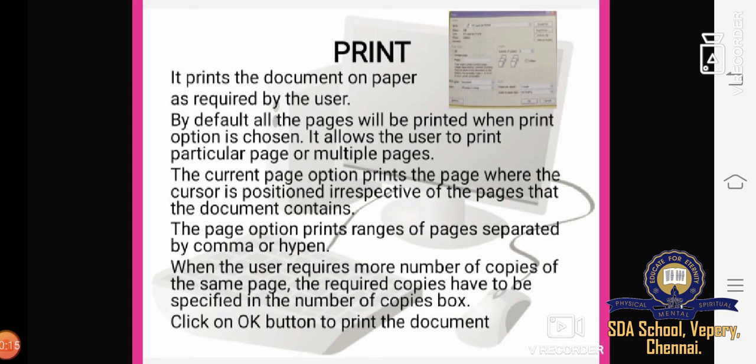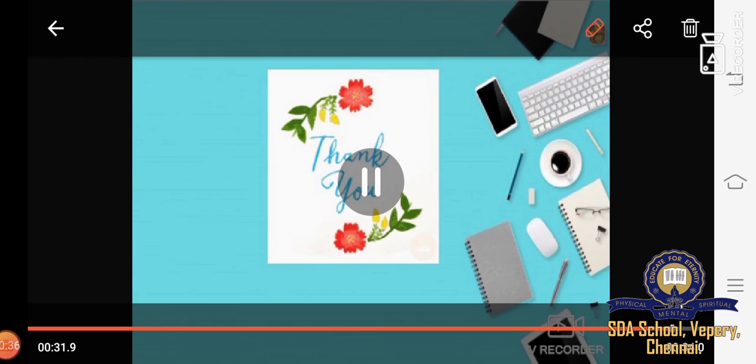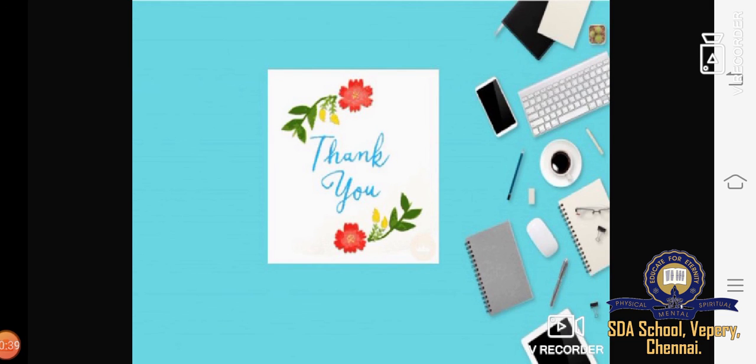The Pages option prints ranges of pages separated by a comma or hyphen. Part of a document can also be printed by selecting the required part and clicking the Selection button. So students, this is the way we give the option to a printer.